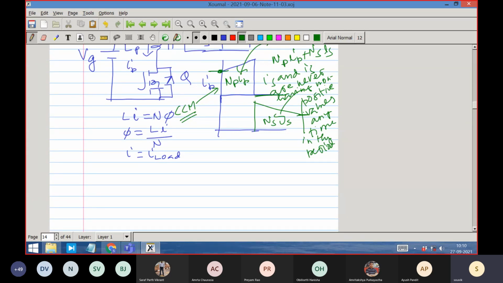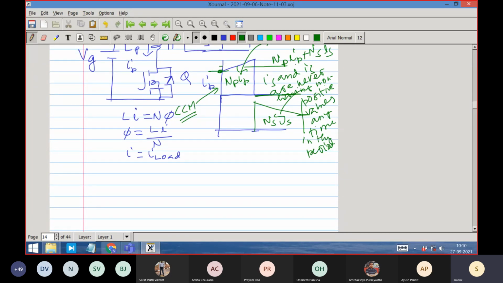Even though, because it is split and we have switches in series with the coils, the current in a coil is 0 at a certain point of time, the flux is not 0. Flux is continuous, and the flux level is high. Because of the load current nature, the flux level is drifted. The flux level is somewhere here.